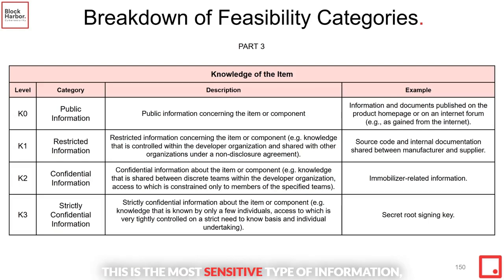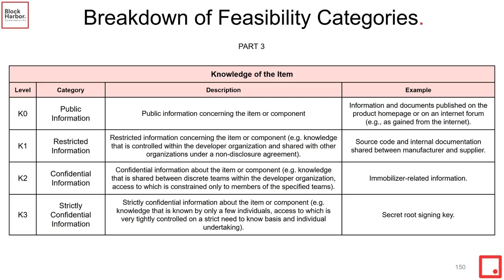This is the most sensitive type of information, often accessible only to a select few individuals under very tight access controls. An example would be a secret root signing key. This level of knowledge required for an attack plays a key role in feasibility analysis. By categorizing information according to its accessibility, we can better assess the likelihood of a successful attack. The more restricted the information, the less feasible the attack becomes, as it requires resources and access that aren't available